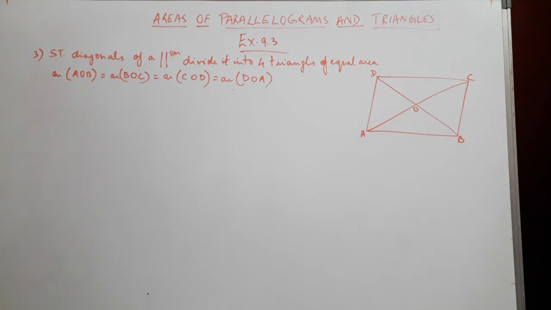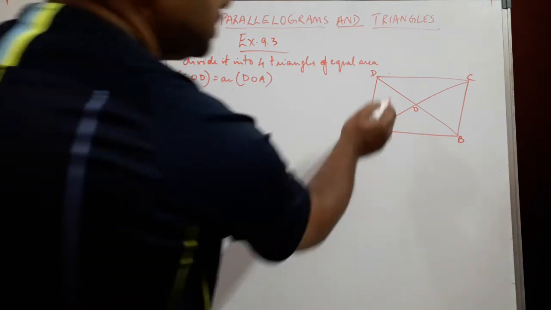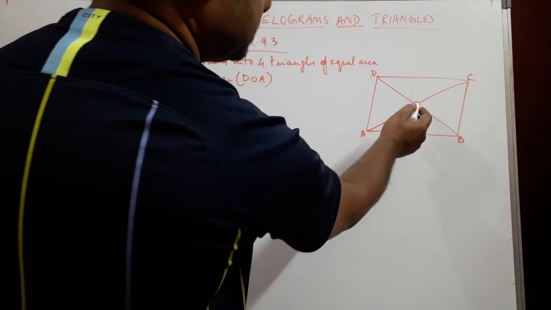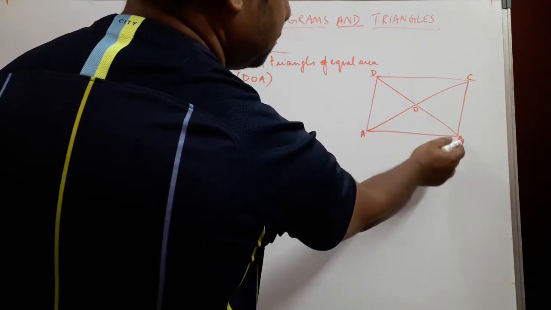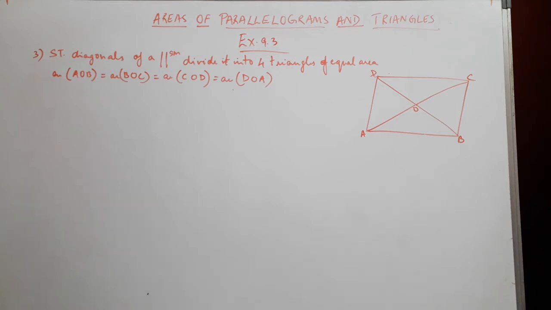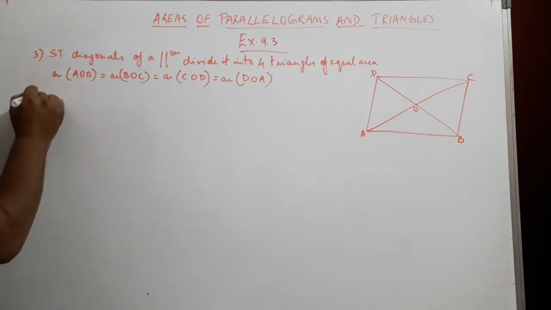We also know a property of the diagonals of a parallelogram, that the diagonals of a parallelogram bisect each other. This line BD bisects AC, which means that DO will be equal to BO and AO will be equal to CO. That is what it means, in other words, that they bisect each other. So we'll use that property of the diagonals of a parallelogram to solve this particular problem. So we begin with the proof.